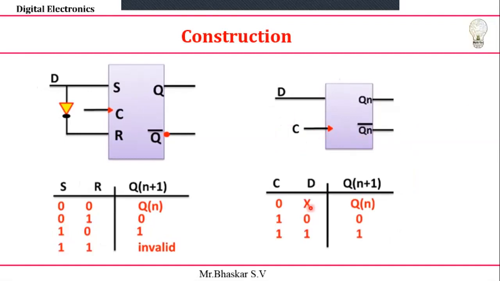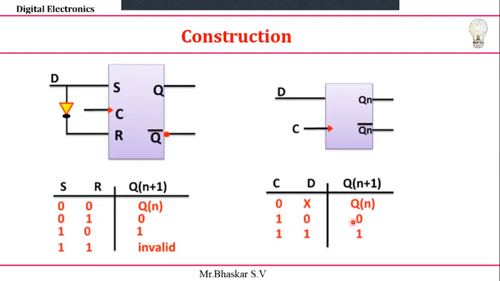You can see that the general expression of D and C is the clock, don't worry about this one, and Q and Q bar I'm going to take here. When the clock is 0, it will not take whatever the value of my D is; I'll get the previous state only, it is maintained. Only when the clock is high will the changes occur, just like a power supply given to the flip-flop.